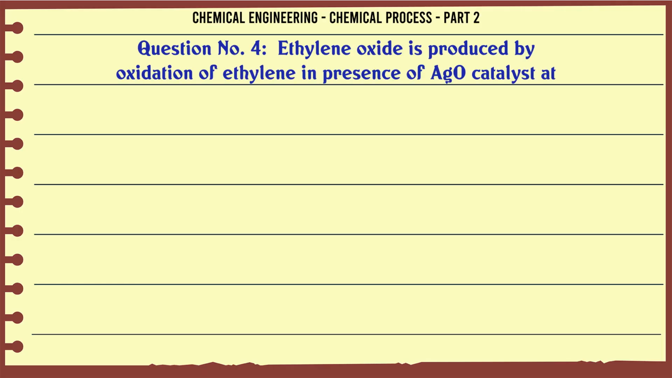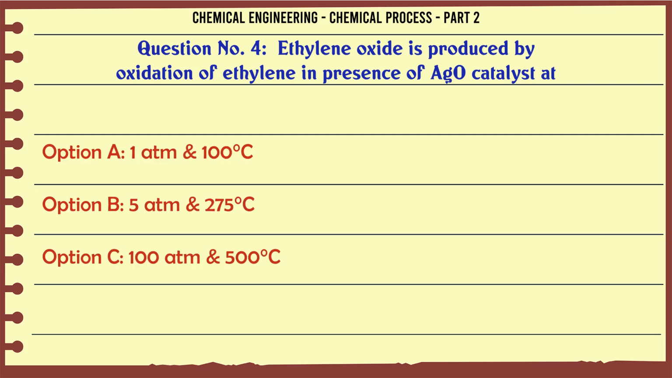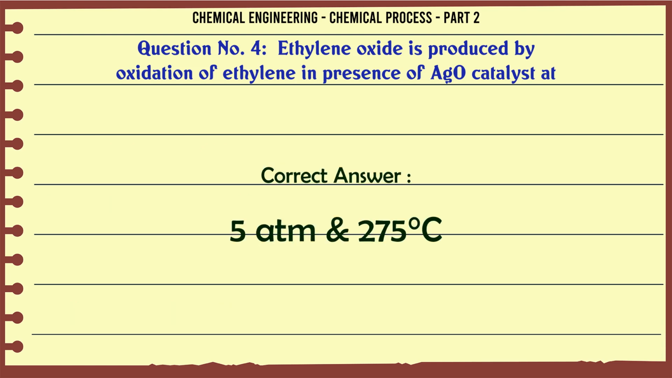Ethylene oxide is produced by oxidation of ethylene in presence of a silver catalyst at A. 1 atm 100C, B. 5 atm 275C, C. 100 atm 500C, D. 50 atm 1000C. The correct answer is 5 atm